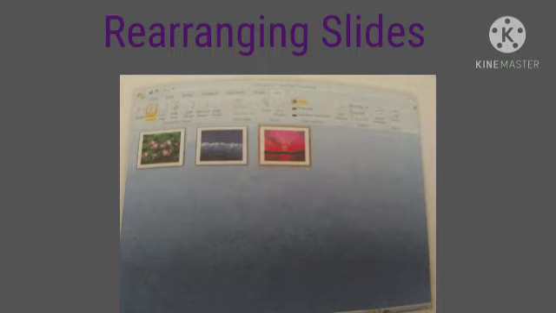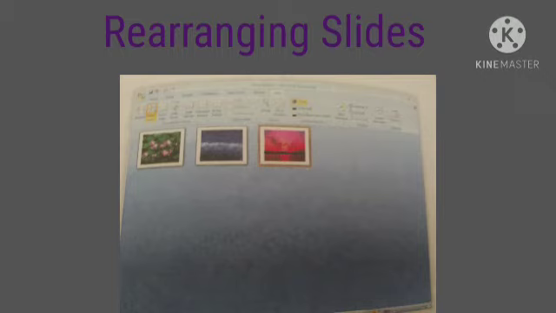First, click on the slide sorter view button. Second, select a relevant slide. Third, click and hold the selected slide. Fourth, drag the mouse pointer until it appears in the place where you want to move the selected slide.